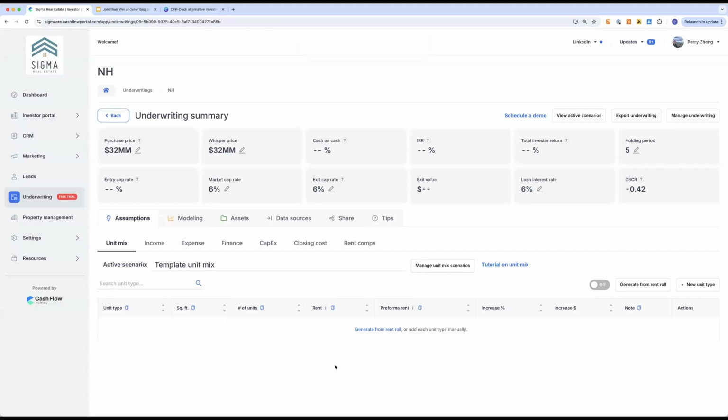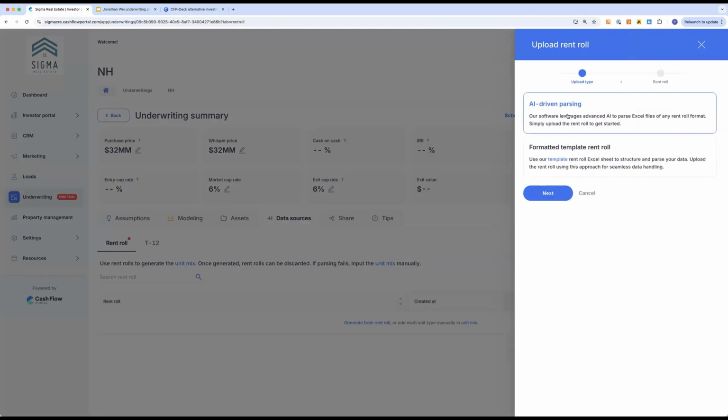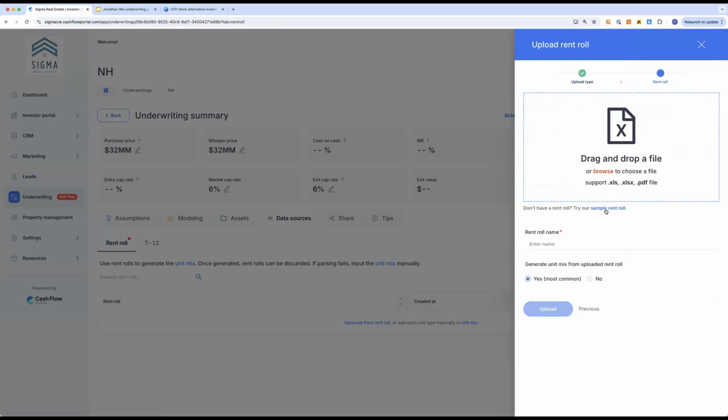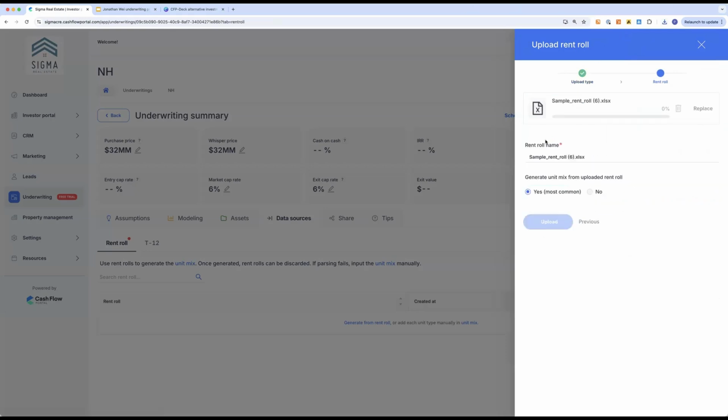The first thing is you're going to build the unit mix. You can build them one by one manually, or you can build it by uploading a rent roll. You can upload basically any kind of rent roll, even if it's a PDF or an Excel sheet. I'm going to upload this real-life example, a sample rent roll.